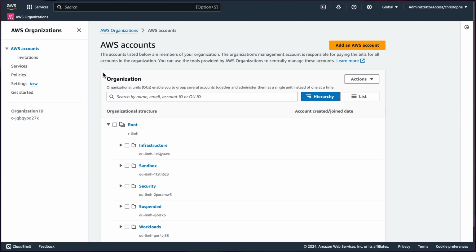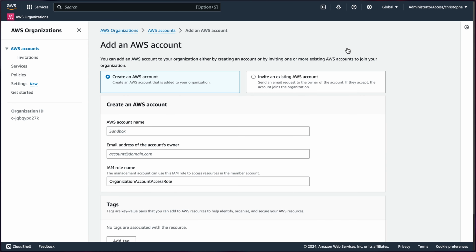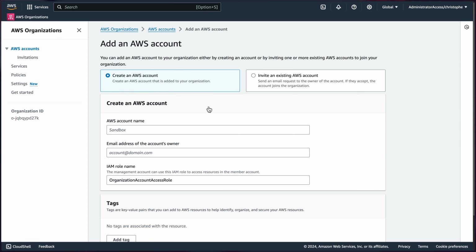It's very simple and easy to do, and it's free. Just navigate to the AWS Organization Service, and then you'll have instructions on the page. But once enabled, you'll want to go to AWS accounts, and then from there, you'll want to create new AWS accounts by clicking on this button here, add an AWS account. Just create a new one, unless you want to invite